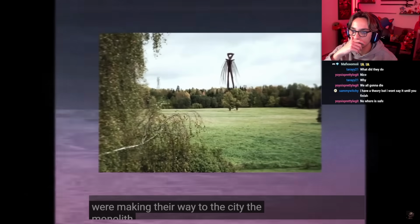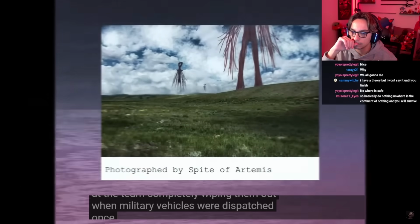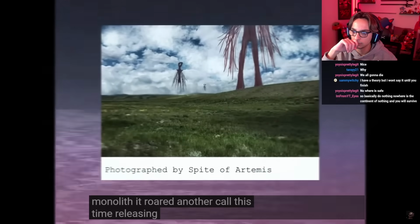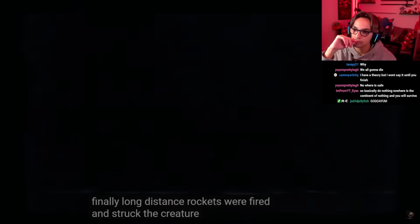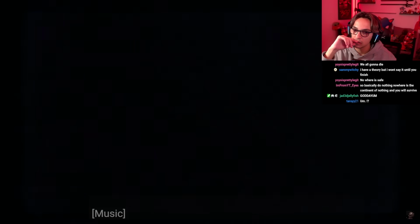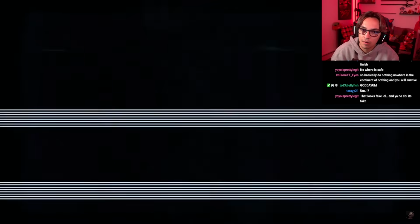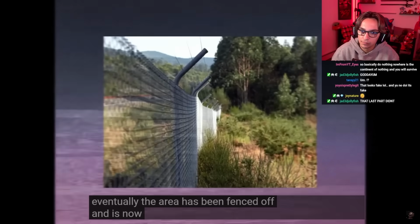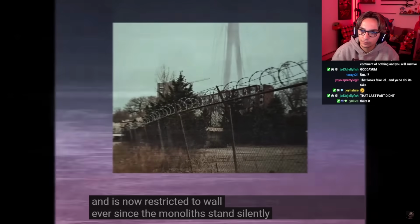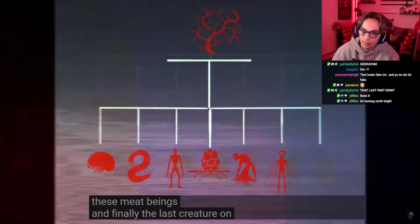Were making their way to the city. The monolith that they had passed roared a deep bellow and swung its appendages at the team, completely wiping them out. When military vehicles were dispatched, once they got close enough to the monolith, it roared another call, this time releasing an EMP blast, completely knocking the vehicles out in the vicinity. Finally, long-distance rockets were fired and struck the creature. Although damaged, it regenerated at great speed and resumed its stance unscathed. Eventually, the area has been fenced off and is now restricted to all. Ever since, the monolith stands silently, now only a grand spectacle of awe and mystery, only adding more questions to these meat beings. And finally, the last creature on this list is...